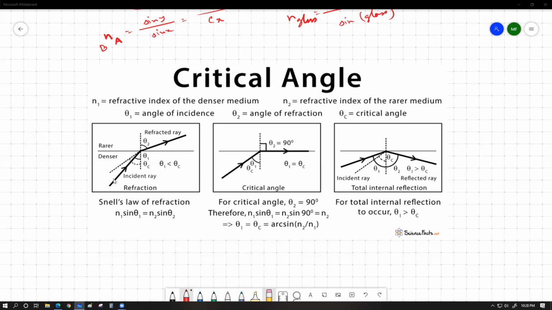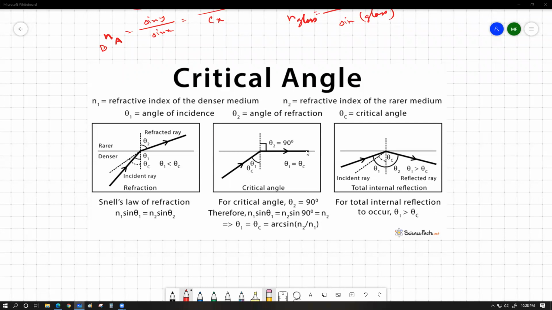So if we start to increase this angle, which means if we keep the aiming point the same, but slowly move the light source to make this angle inside the denser medium, or inside the slower medium, bigger, as we slowly increase this incident angle, this light ray is going to slowly fall closer to the surface. And eventually there will come a certain value of the incident angle for which the light ray is going to travel perfectly aligned with the